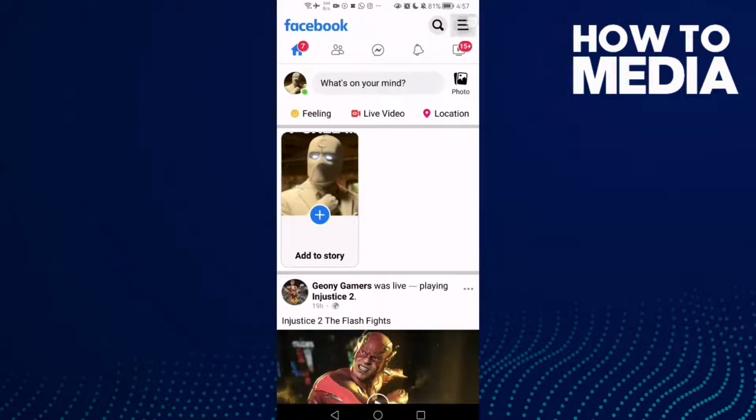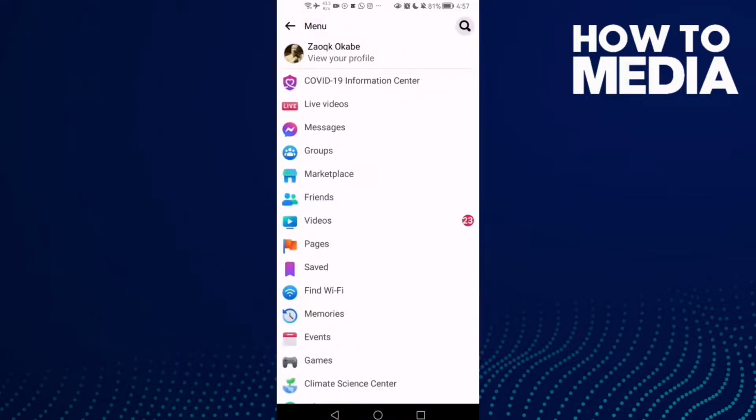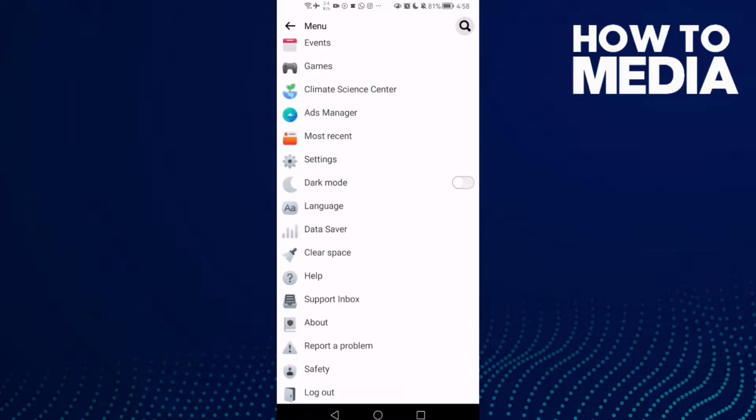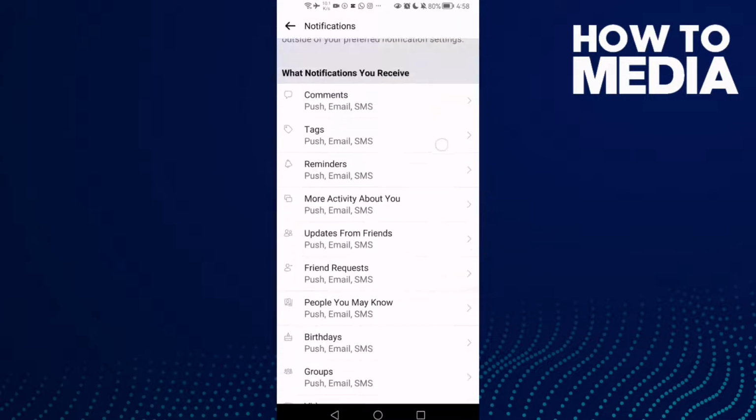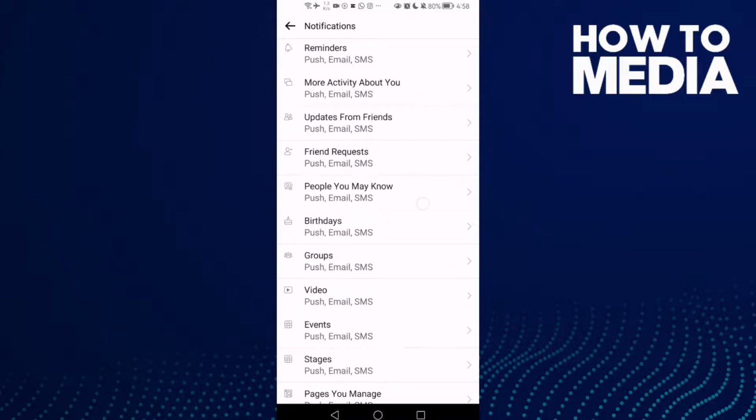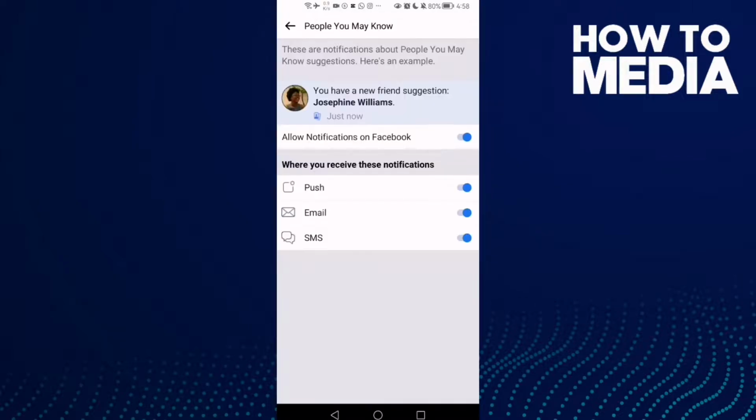and click these three lines in the top corner and go down, click settings and then click notifications, and here just go down, you will find people you might know, click on it and then just turn this one here, push notifications, turn it off. And now all you need to do is just go back,